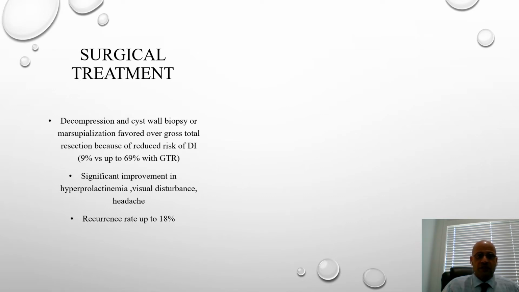And it's easy to be done with quite a significant success rate. The recurrence rate is up to 20%, and that's getting lower and lower with more advances in our techniques. It's usually done by transsphenoidal surgery, where the surgeon basically aspirates and marsupializes, if you can, the cyst and